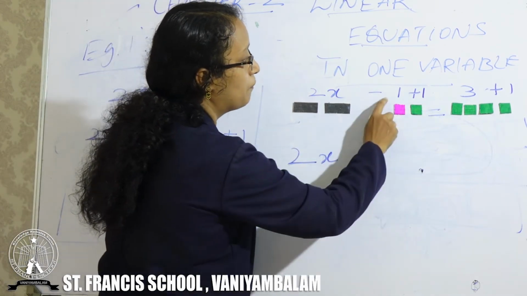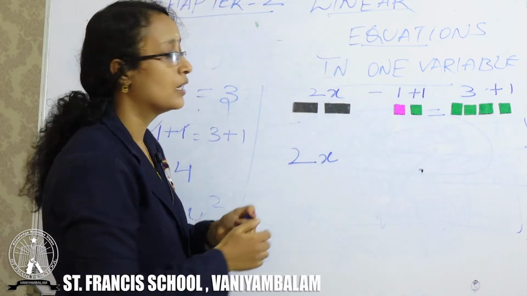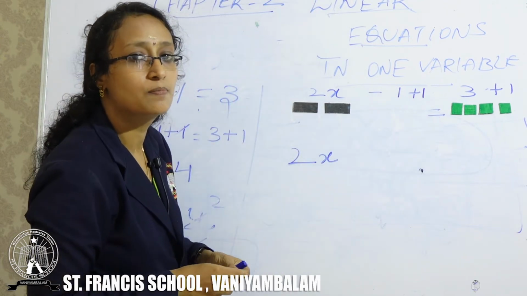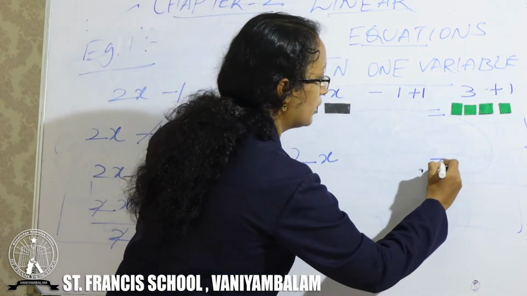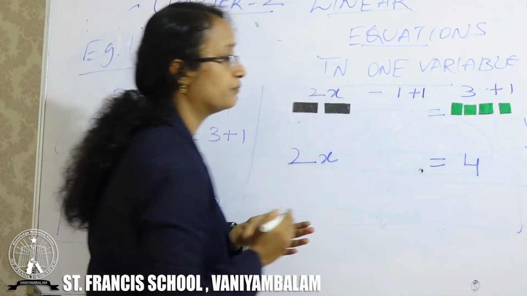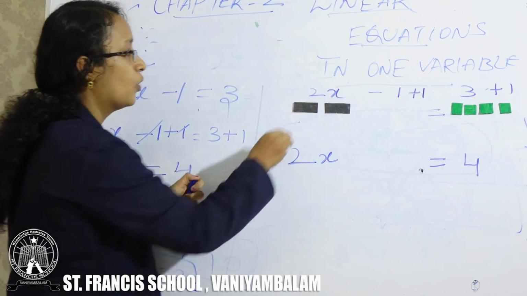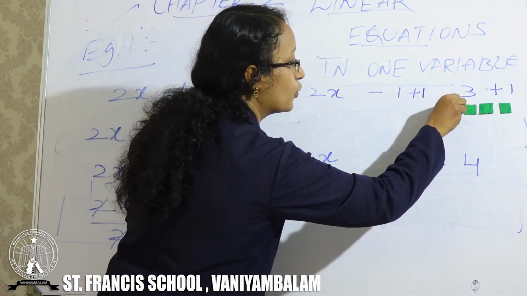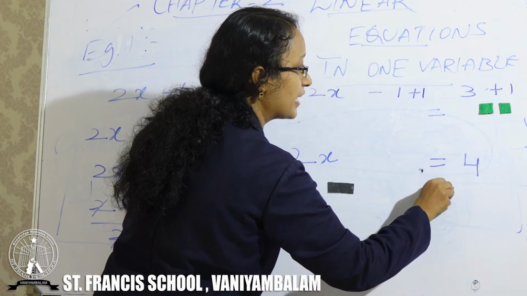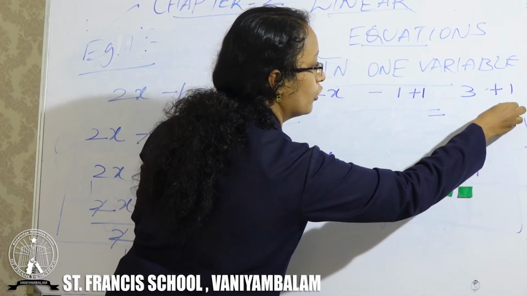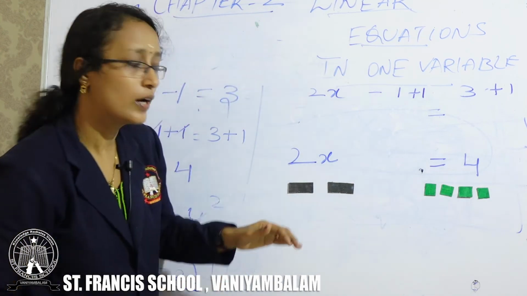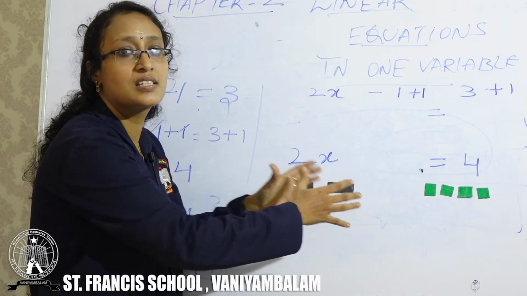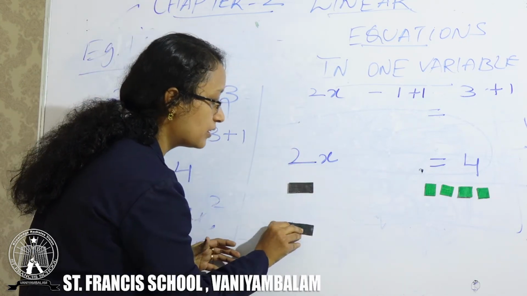2x. Here plus 1 minus 1. What happens? Plus 1 and minus 1 will become 0. So you can remove this plus 1 and minus 1. Equal to, you have 4. Am I right? Next, what I am going to do is same 2x and you have 4, right? Now you have 2x and 4, that is positive constant. I am going to split this in groups. You have 2x, right? So split it in groups.